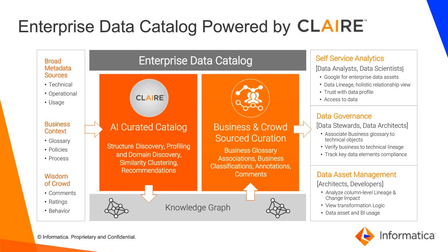Second, data governance, where the data catalog brings in the physical data model and combines it with the conceptual model and the logical data model that comes from governance tools like Axon. The Enterprise Data Catalog and Axon are very closely linked together. They are integrated for providing end-to-end use cases for data governance, like tracking your key data elements, and for regulatory compliance use cases. Finally, the metadata management use case, where the data catalog provides an end-to-end view of enterprise data,